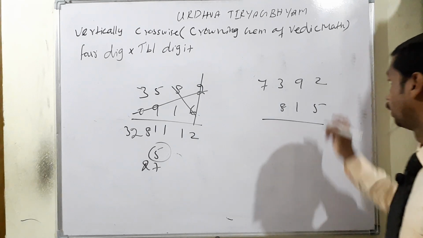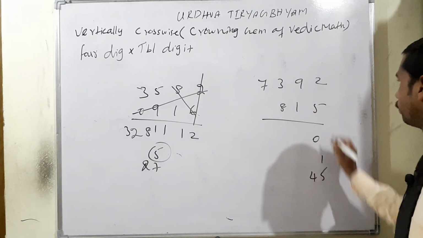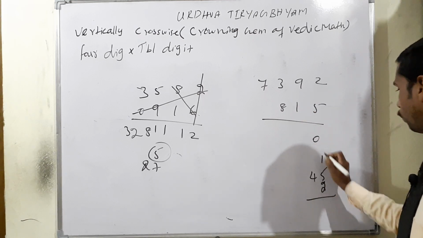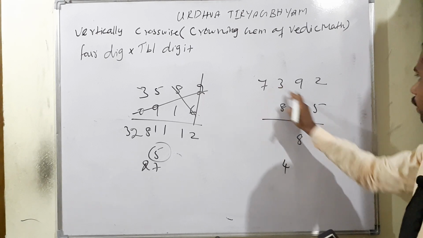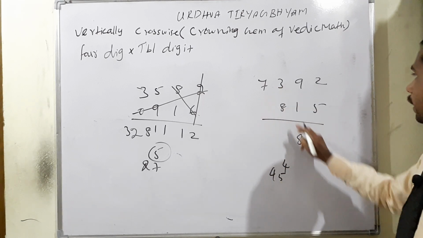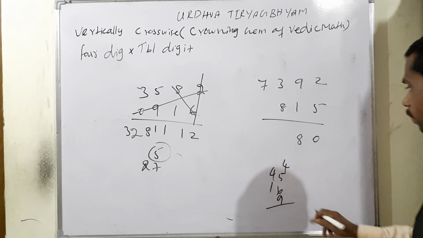Next one. 2 5s are 10. Carry 1. 9 5s are 45. 2 1s are 2. So 48. Now carry 4 only. Next time 3 5s are 45. Next one, 2 8s are 16. Then 1 into 9, 9. Now 45